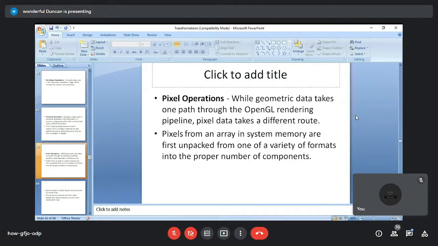So they were packed, now you unpack them from one of a variety of formats or shapes into the proper number of components. Next, the data is scaled